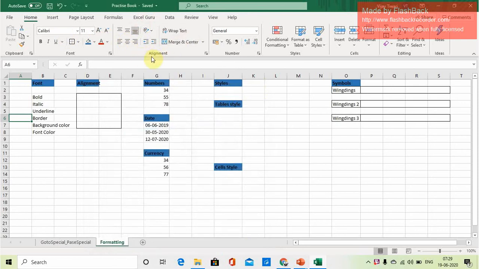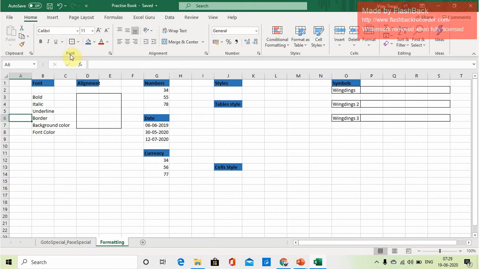This part is Alignment, everything related to alignment. Then these are Number, Styles, Table style, Cell styles, Cells, and Editing. We'll understand them one by one. Let's come to Font first.